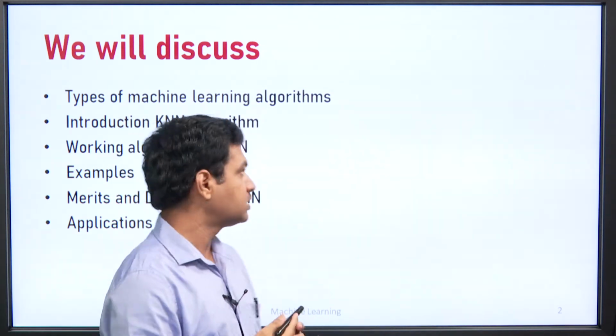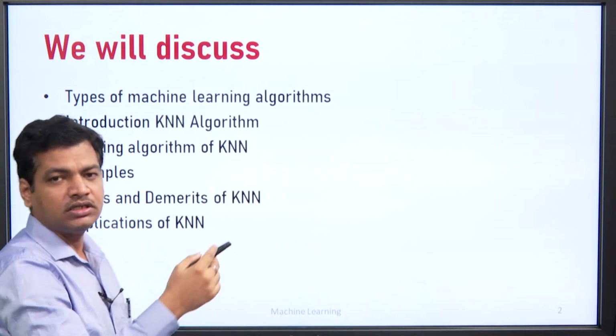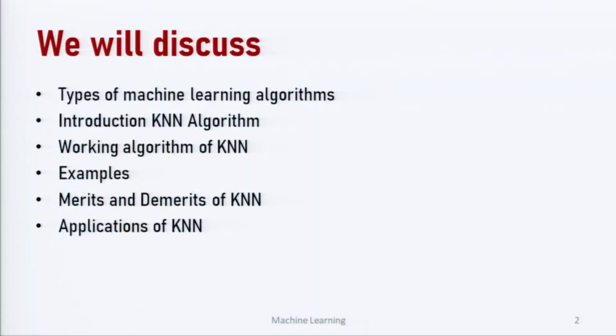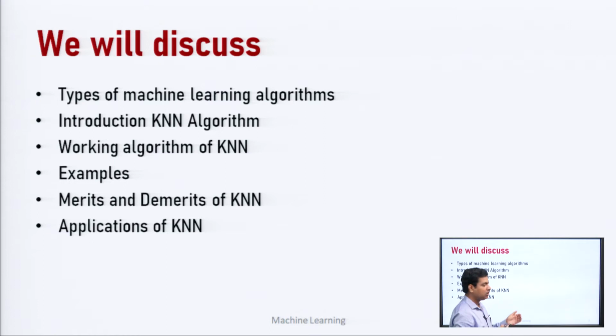आज की क्लास में डिस्कस करेंगे the types of machine learning. सो ये जो KNN एल्गोरिथम है कौन सी मशीन लर्निंग में आता है. Then what is KNN algorithm, उसका इंट्रोडक्शन. Then working, ये KNN एल्गोरिथम कैसे किसी सेट ऑफ डेटा को दिया जाए और how it works on those data. So, working जानेंगे, and that working and the steps will be supported by two examples which I have taken based on the regression kind of problem, and then the advantages and disadvantages of this KNN algorithm, and finally where KNN algorithm finds its application.